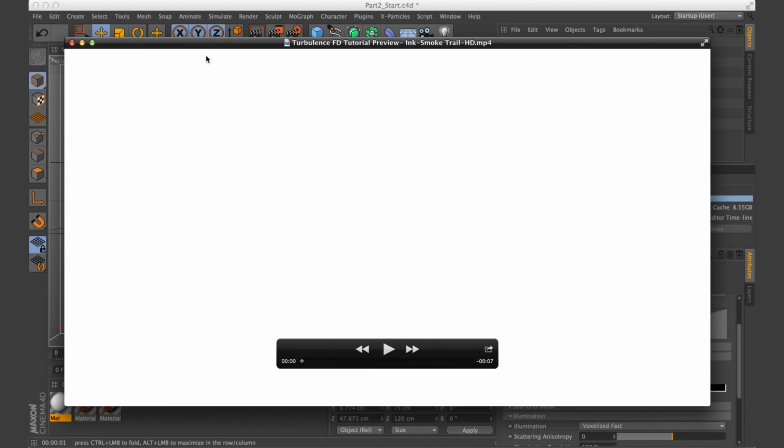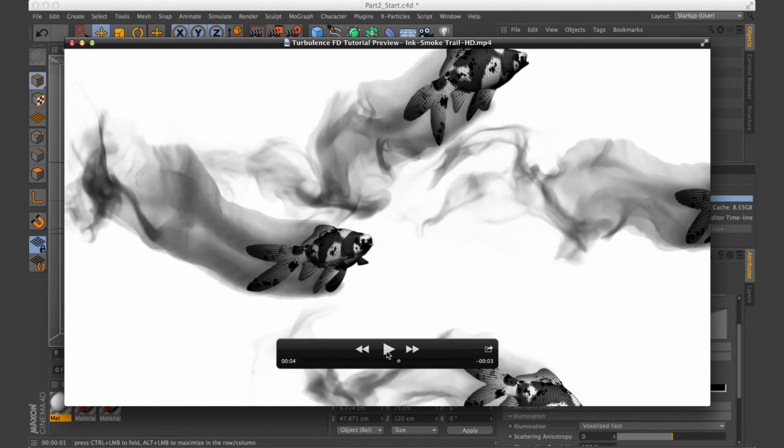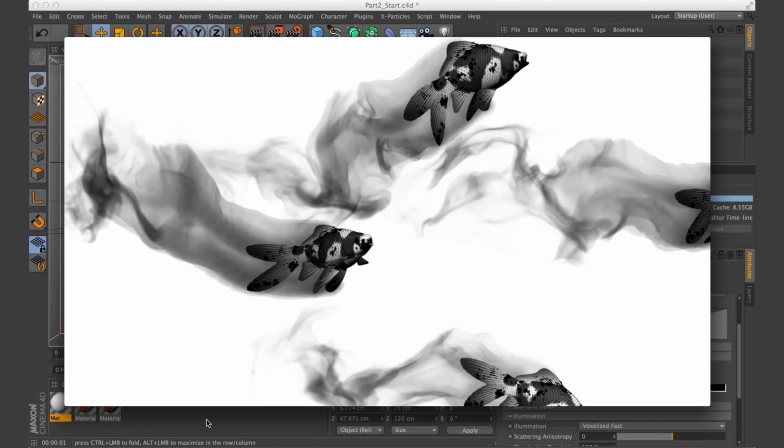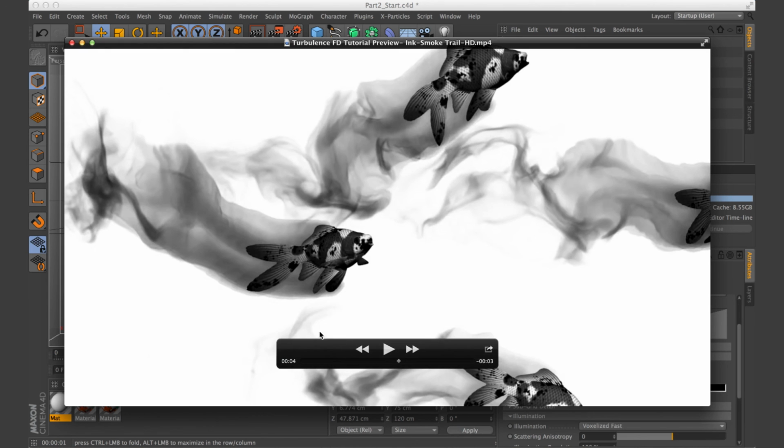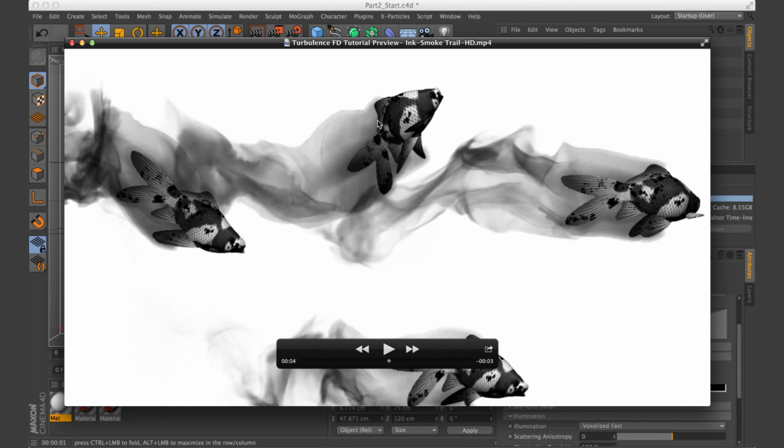And if you remember from the preview, I had 4 different fish swimming through. What I did was I just took that one render into After Effects and I moved the fish around and rotated a couple of them.